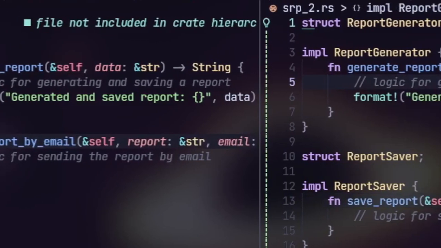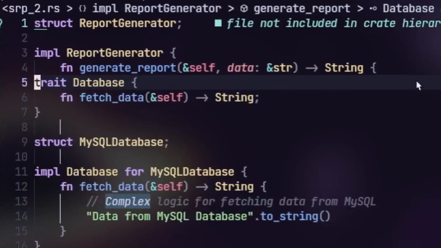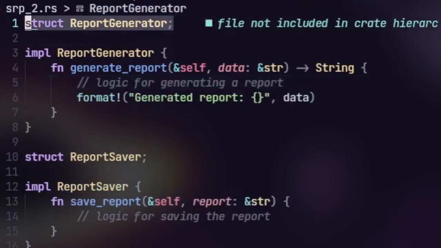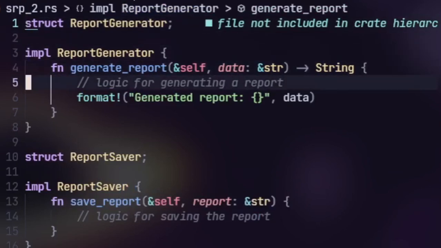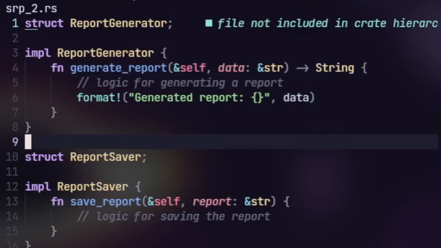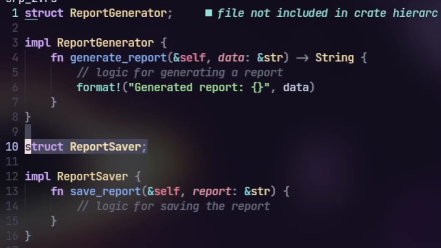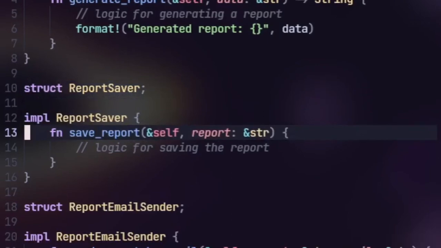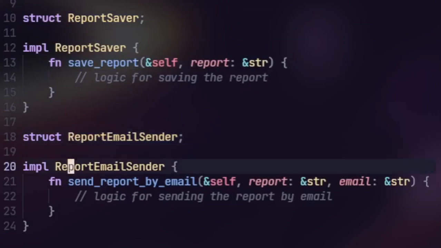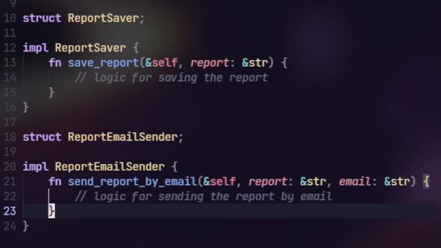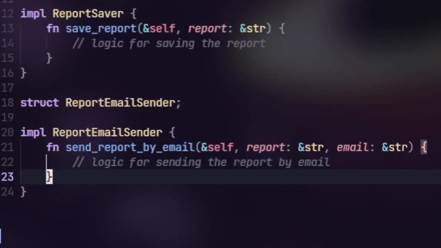Okay, so here you see there's a struct ReportGenerator, and then we have the implementation for the report generator, which takes the data and logic for generating a report and returns it. Then we have another struct called ReportSaver that implements the save report function, and then a ReportEmailSender and that function. So this is the example that adheres to the SRP, and believe me or not, but this one is way more